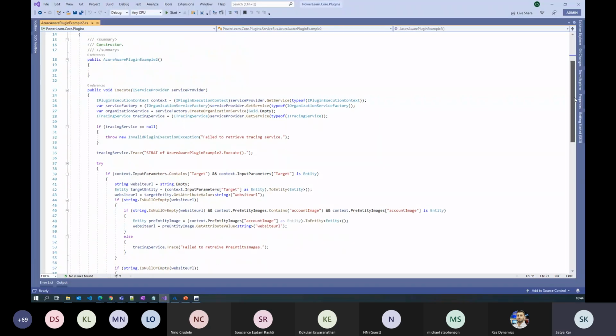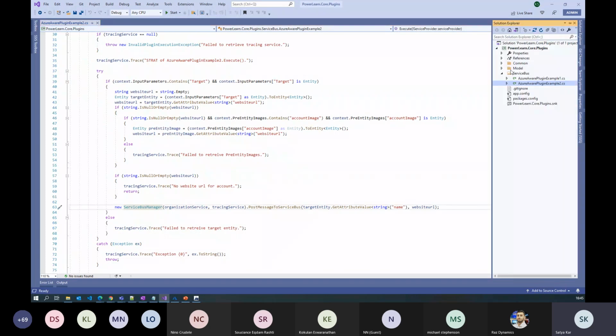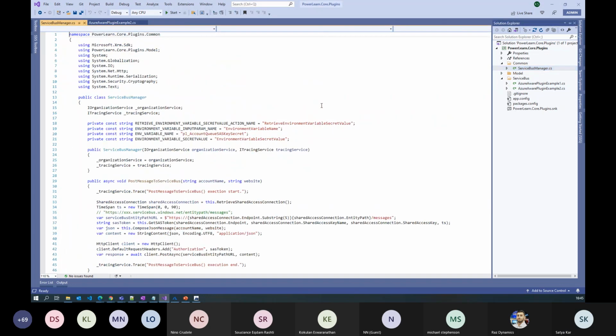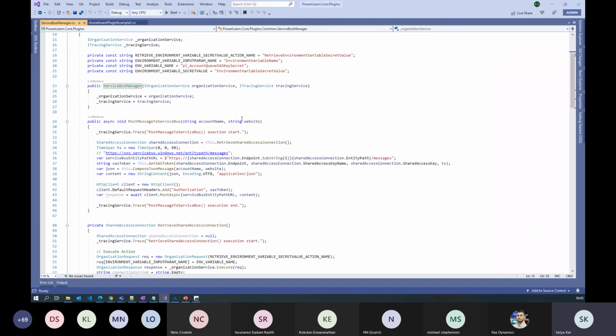So what it is doing is, up to this, it checks again the same thing. It checks if it has a website or not. If it has a website, then it basically calls another class file here, the service bus manager. And in the service bus manager, this is the main method. We first of all need to read the Azure Key Vault details in order to get the connection details. Let me show you the